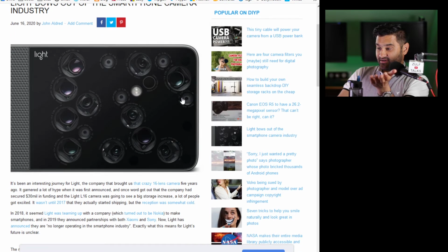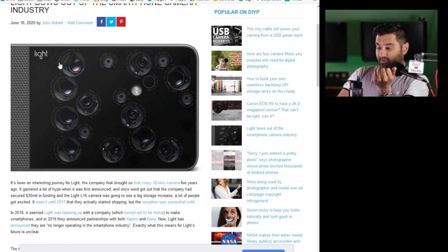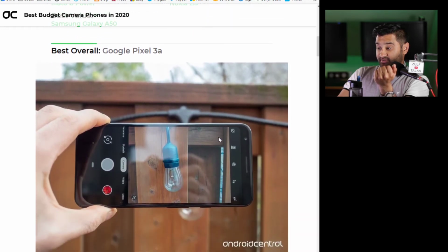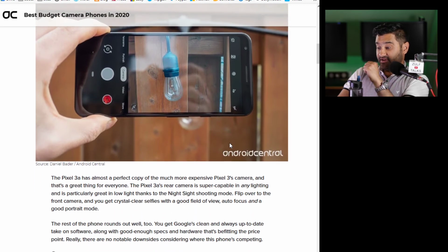So here's a look I've been looking at. Light bows out of the smartphone camera industry. So Light were making those multiple camera lenses in the back of phones, but they had a bit of issues, so they have stopped producing that. However, looking at these, the Google Pixel 3a is a really good contender based on some of the pictures I've been looking at,